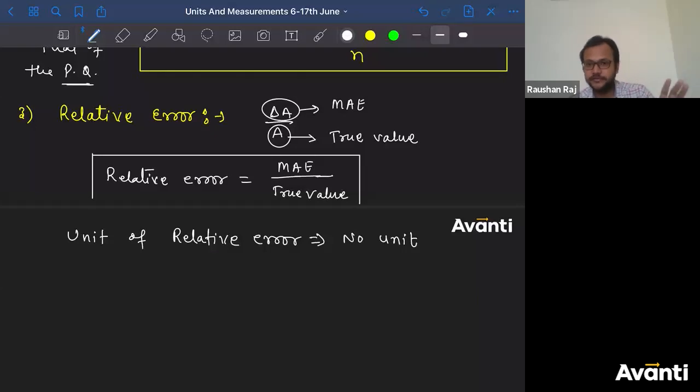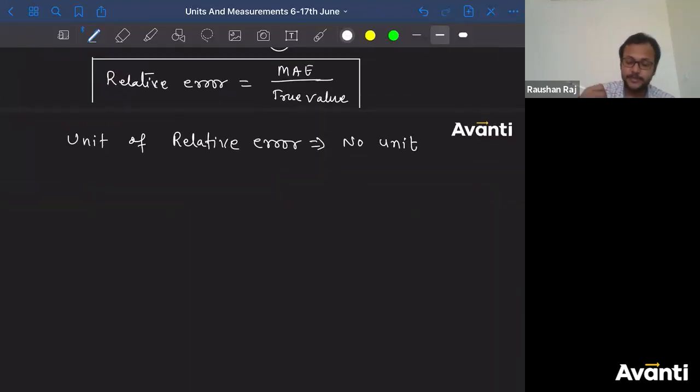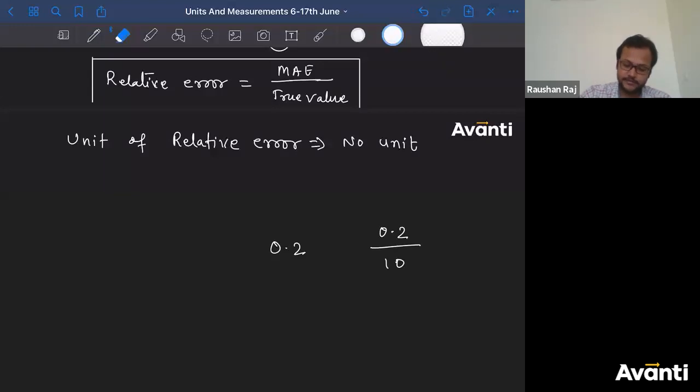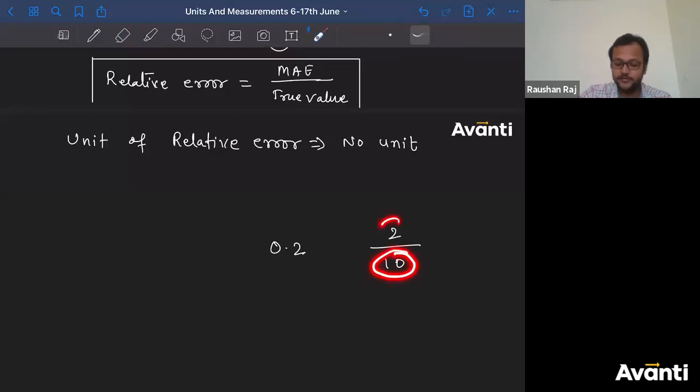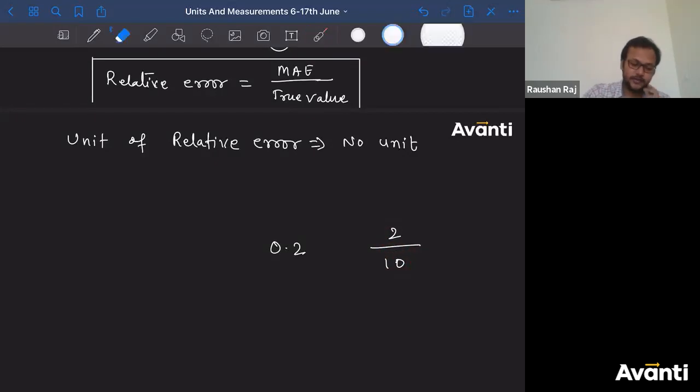So I'll say error in pressure is 0.2. That means a fraction is given to you. So if I'm saying relative error in measurement of pressure is 0.2, what does that mean? That means if you are measuring 10 Pascal pressure, then the measurement में error कितने का आएगा? 0.2 का आएगा. Sorry, no, 2 का आएगा. So if you're measuring 10 Pascal pressure, error will be of 2 Pascal. Alright guys, तो इसको थोड़ा सा ध्यान देना आप.